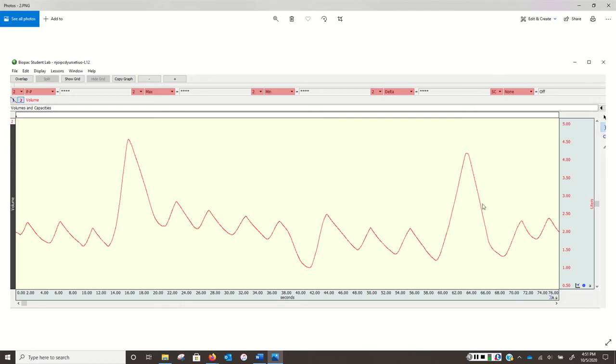And then over here, this is going to be my vital capacity that I'm measuring. Vital capacity is all three of those volumes together. It is your normal tidal volume plus your inspiratory reserve volume plus your expiratory reserve volume. And we will calculate it that way, but we're also going to use this device to measure it. So I'm going to be measuring from this upper peak